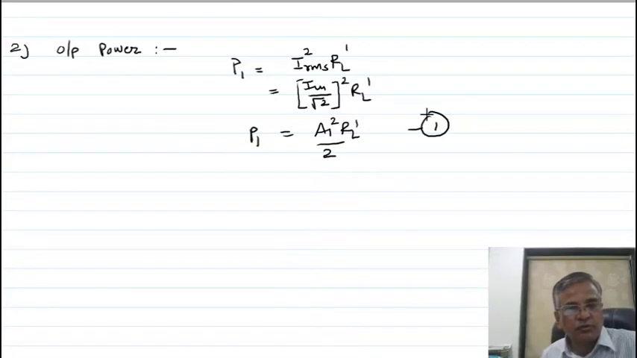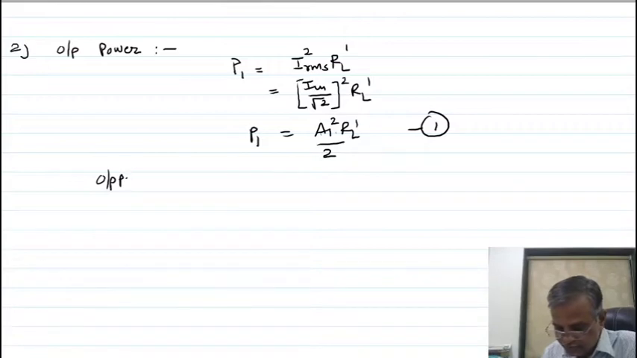To calculate the output power at the fundamental frequency, you can use this equation: I square RMS into RL dash. IRMS is Im by root 2, already you know that, into RL dash. I am writing A1, the strength of the current at the fundamental frequency, so A1 square RL dash. You can also use the second equation of the output power. Output power can also be calculated